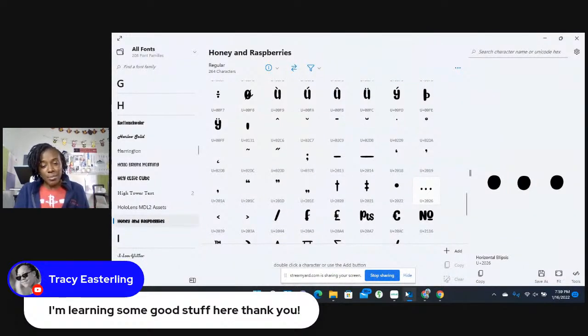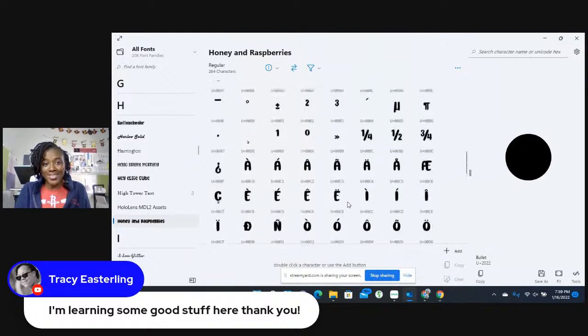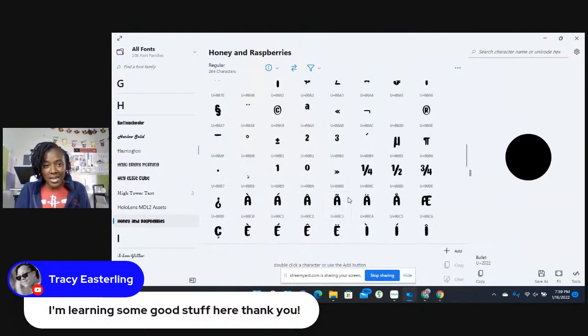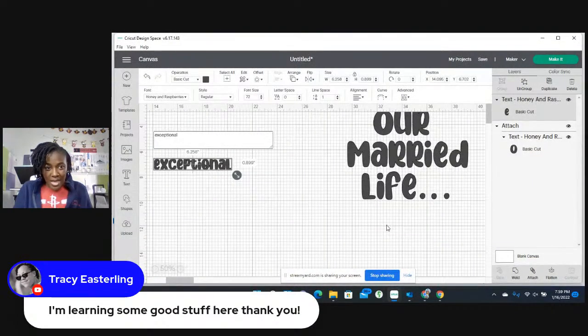I'm in the character map UWP, and I'm going to look for that middle dot. And each one of these has a description. So if I click on this one, it says this is a bullet. I'm not looking for the bullet. I'm looking for the one that is a middle dot. So let me look at this one. Look, it says middle dot. So I'm going to click copy, and I'm going to go back to Cricut Design Space,